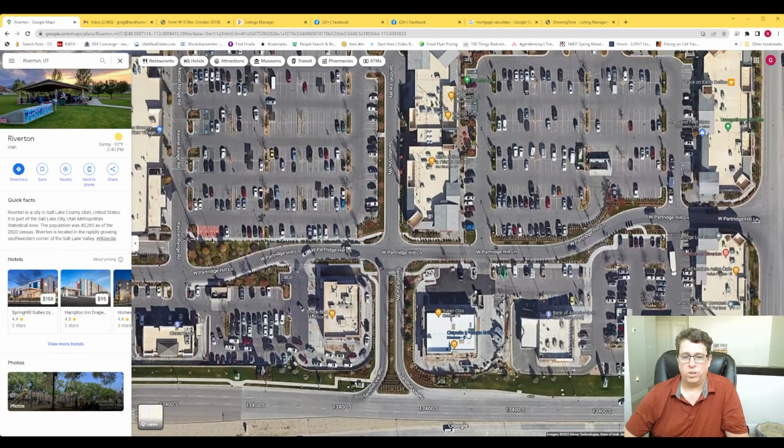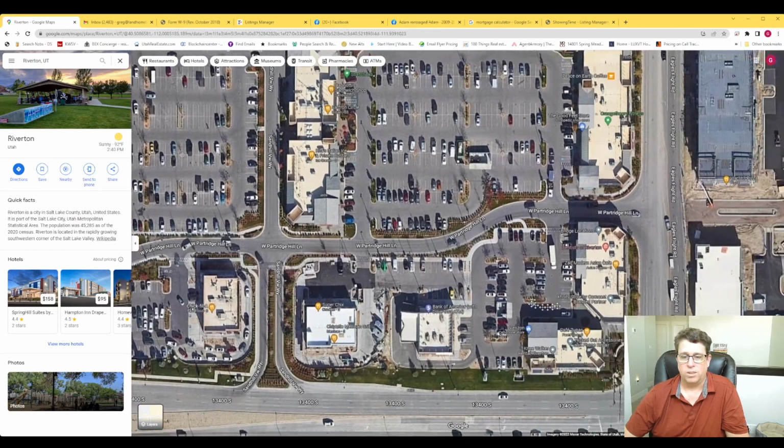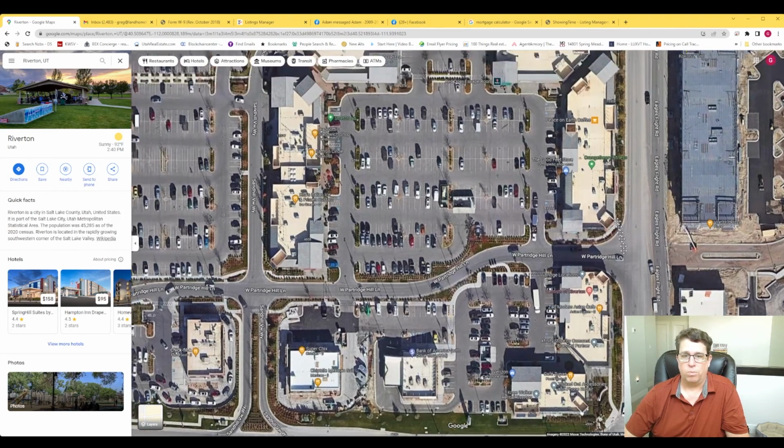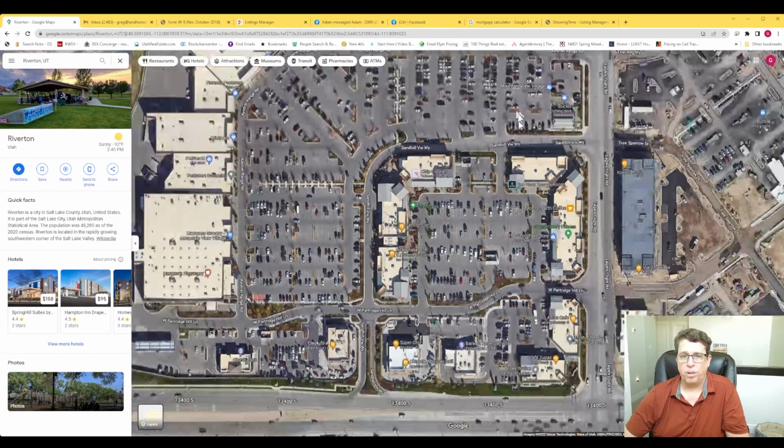The Chipotle that just opened here was great for us. It gave me one much closer to the house. There's this place called Super Chicks, which is like chicken and custard. So I'll have to try that at some point just to see. A Cafe Zupas is in here. Xfinity, a Zao. So a bunch of different food. Good Feet store, coffee place, an escape room, if you're looking for something fun to do. All of this is